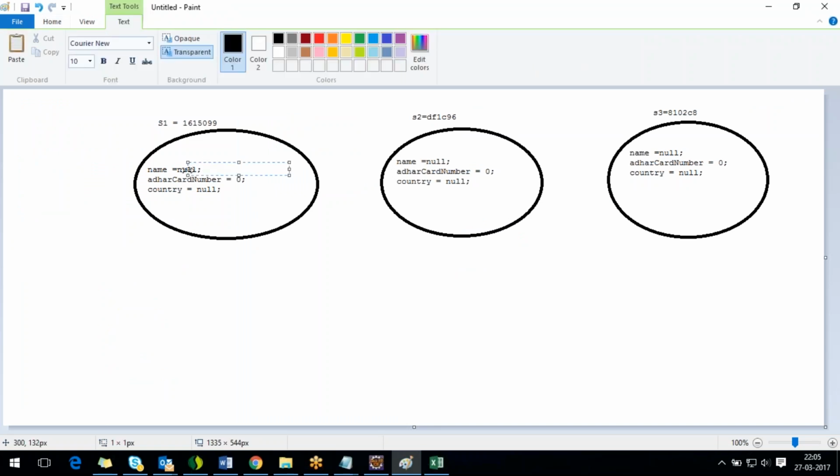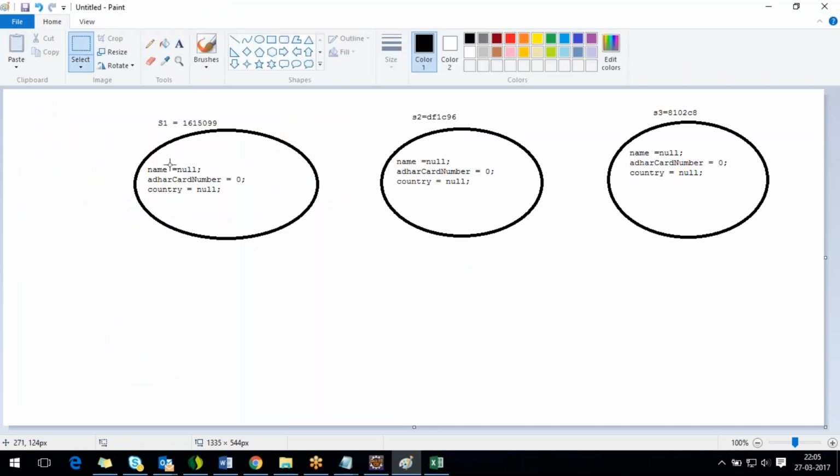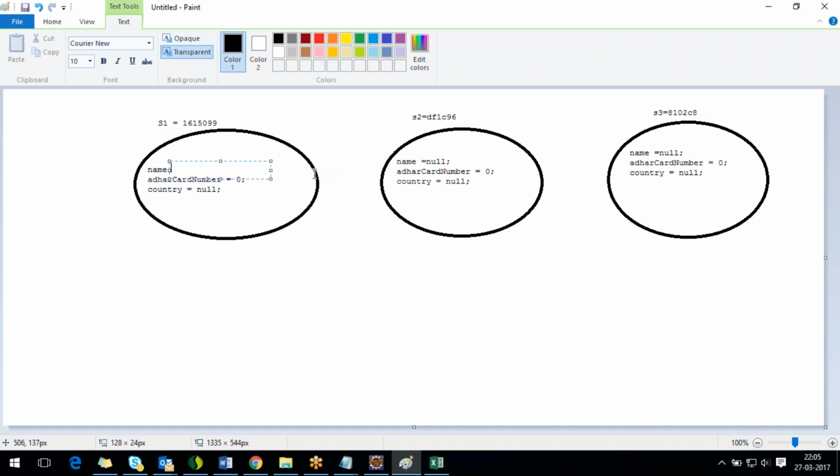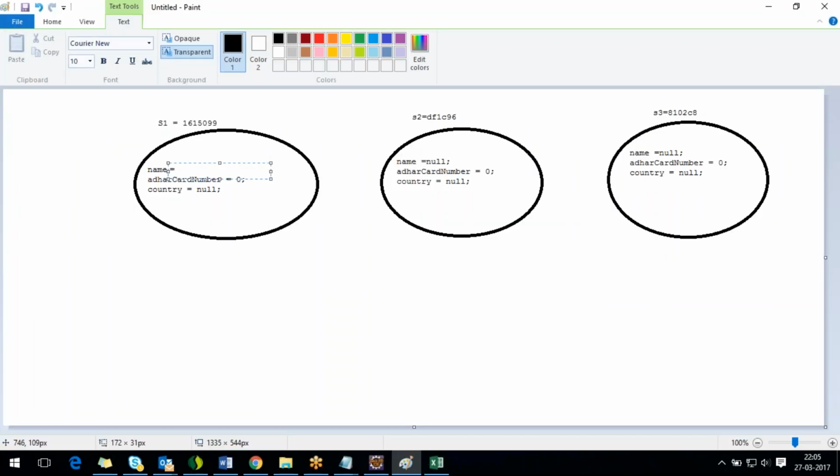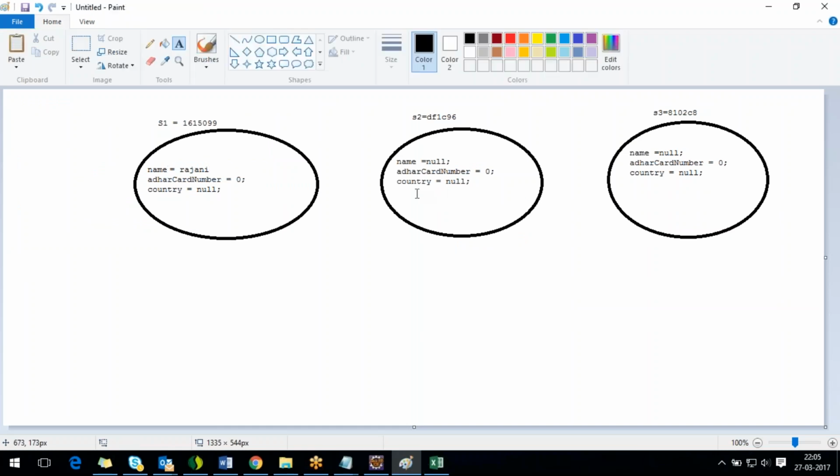Only for the S1 object, name will be changed from null to Rajani,